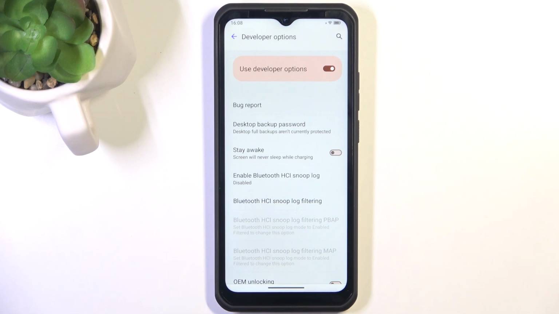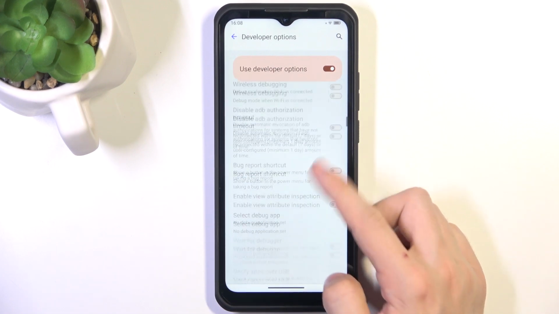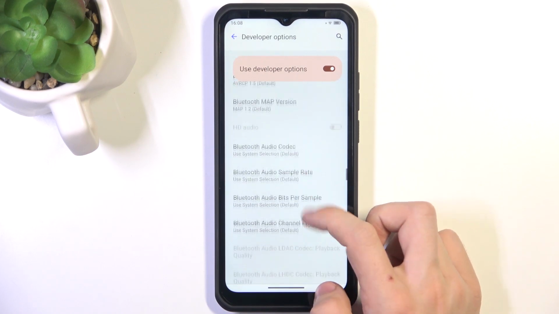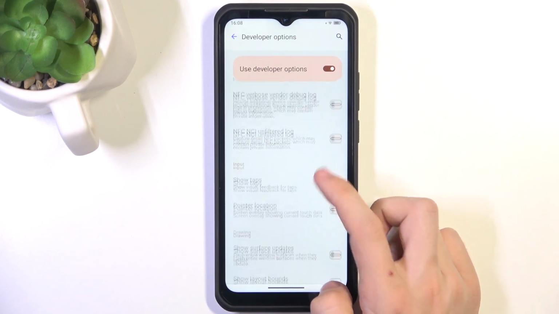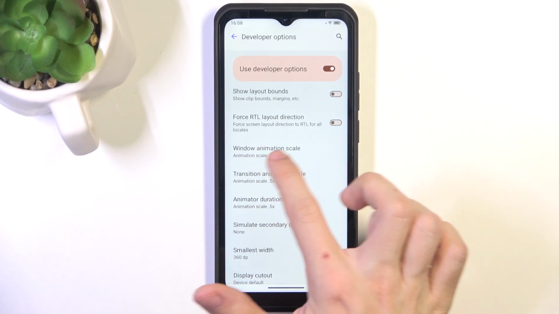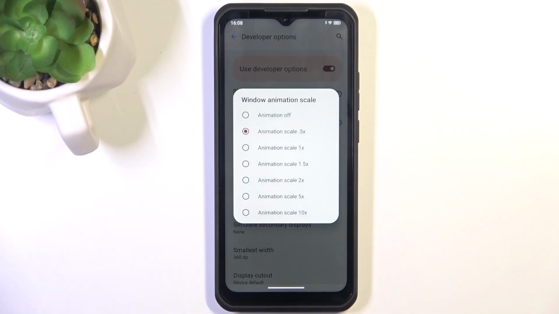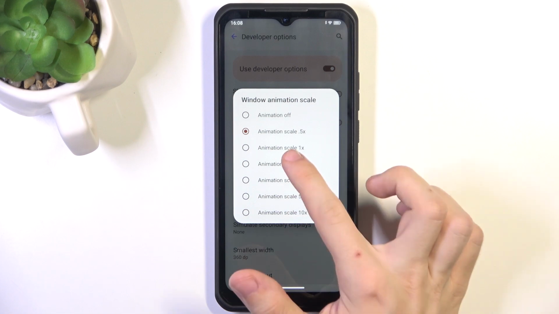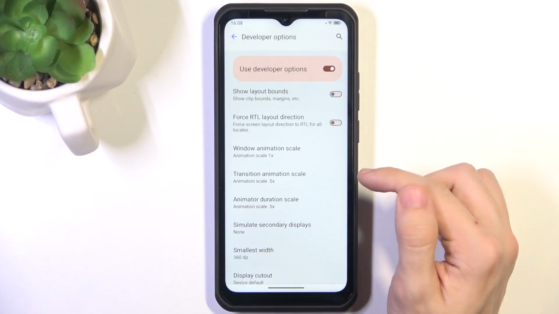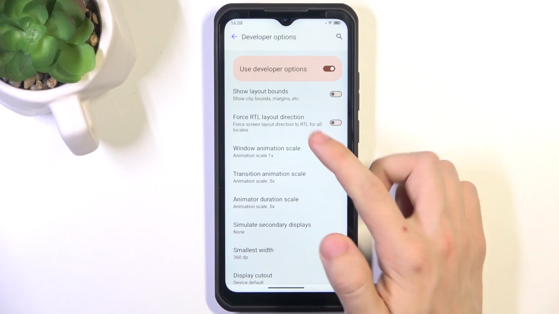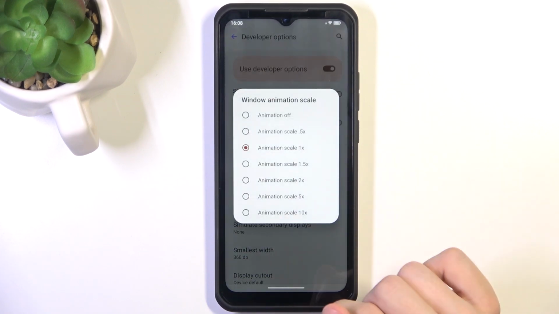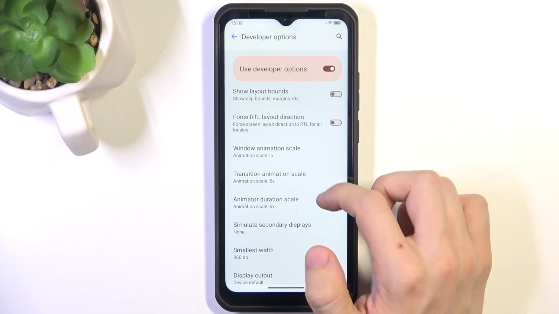And now you can scroll down to animation scaling, which is here, and you can see that it's now set to 0.5. You can set it to, for example, 1. For window, transition and animator, I'm gonna just change the window because it's the most noticeable, but these ones can